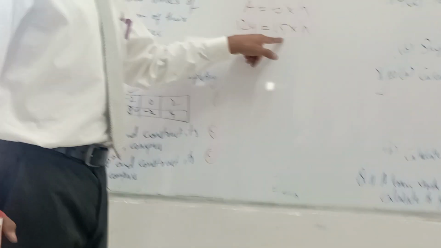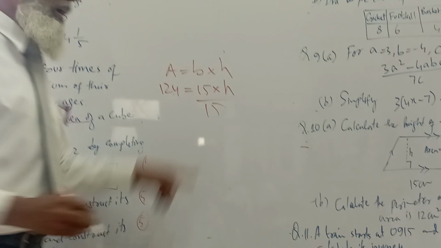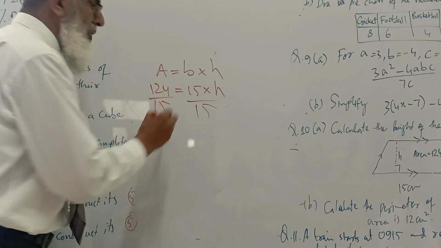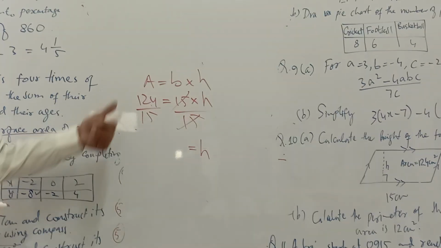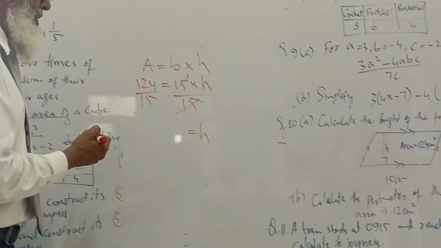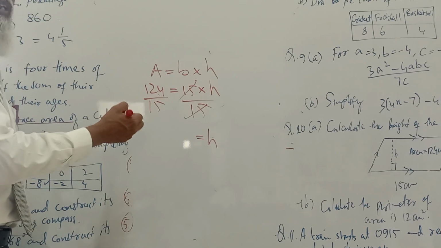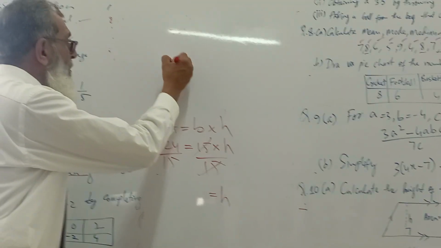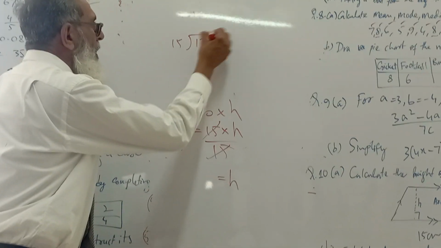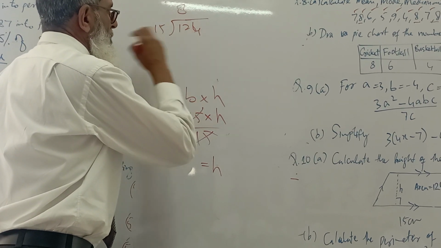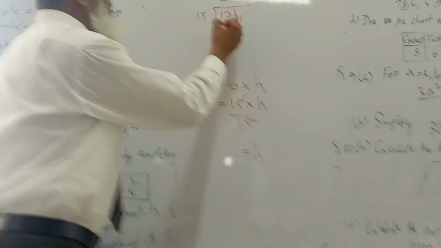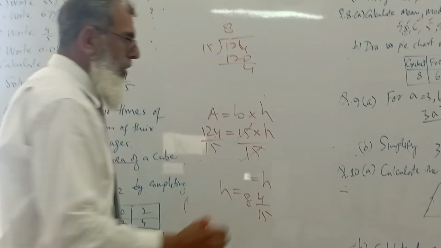So now we see that this is multiplied. It will go as divide to find out the h value. We do the same, divide on the other side. It cancels here. So h is equal to 124 divided by 15. This will not simplify to a whole number, but we can write it as a mixed fraction. How much is 124 divided by 15? 15 8s are 120 and then 4. So we can write it as 8 whole 4 by 15. This is the height of this one.